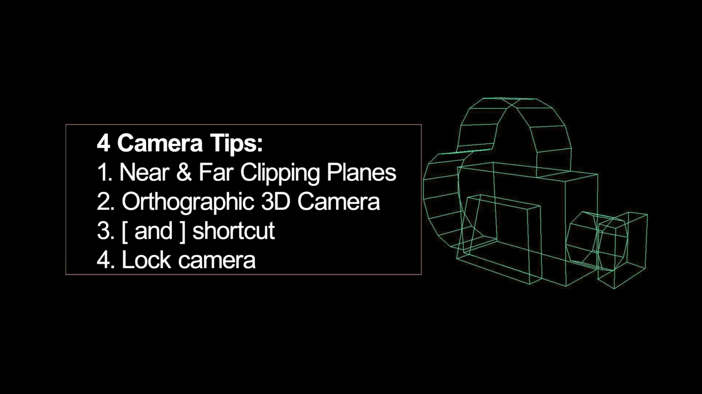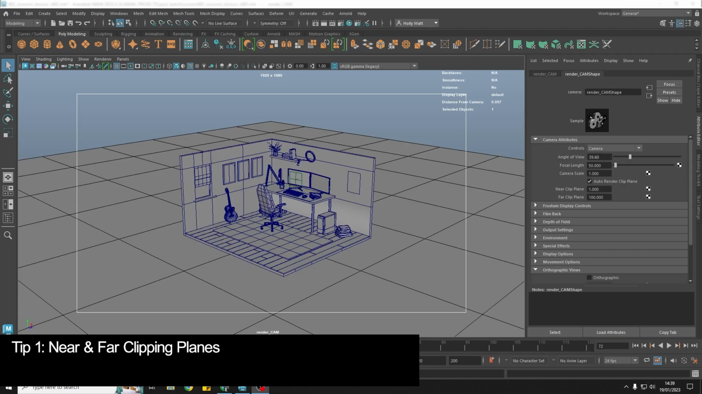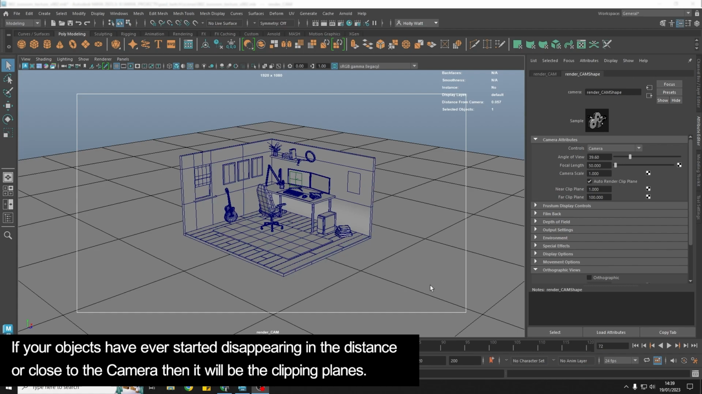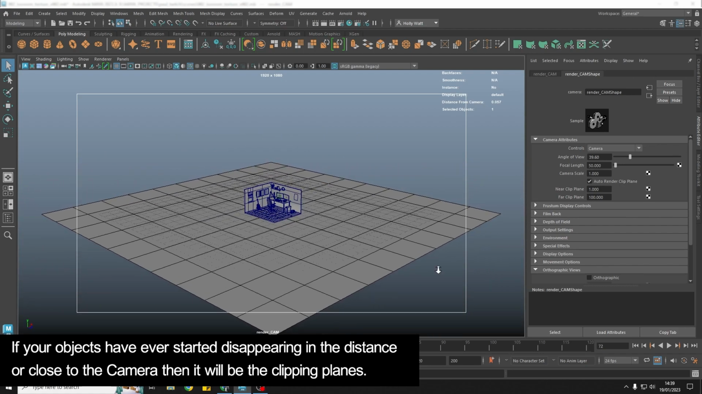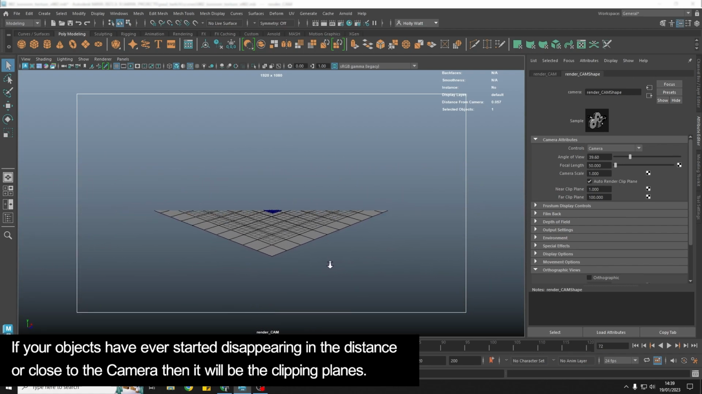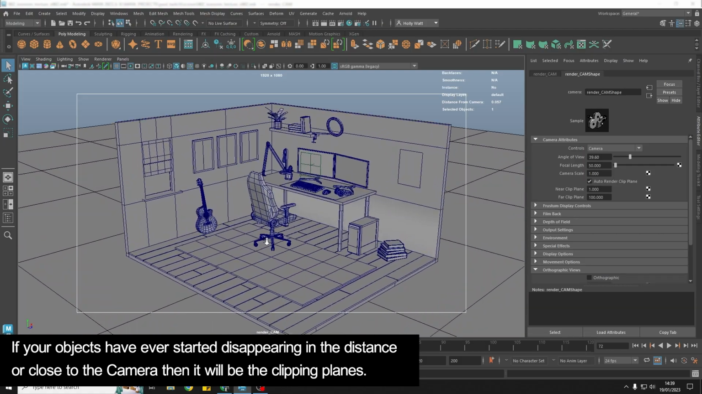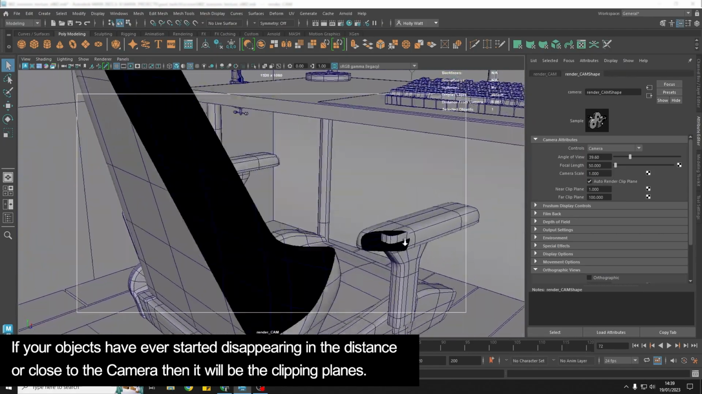I'm going to share with you 4 of my top tips for working with cameras in Maya. The first one is going to be the near and far clipping plane. So if you've ever been using Maya and you notice that the further away from the camera you go, your objects start to disappear, or the reverse of that, the closer to the camera you go, your objects start to disappear like so. This is going to be the near and far clipping planes, and you'll need to adjust